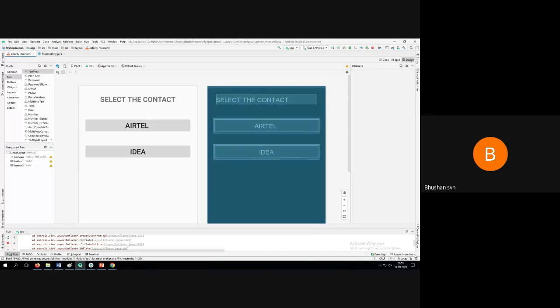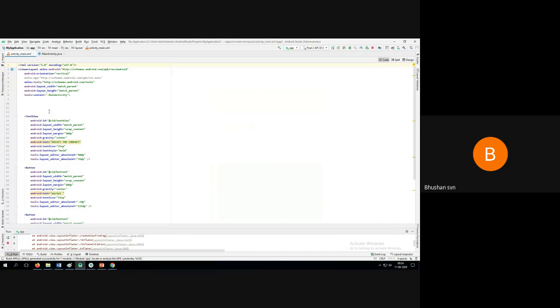Okay, so these design components are there in what is called activity underscore main dot XML. So these things will be available under the tab called activity underscore main dot XML. And for this interface, now I have got one text field and two buttons. For this, the code will be written at the backend by Android Studio. Okay, like something like this. I will explain to you what these components are.